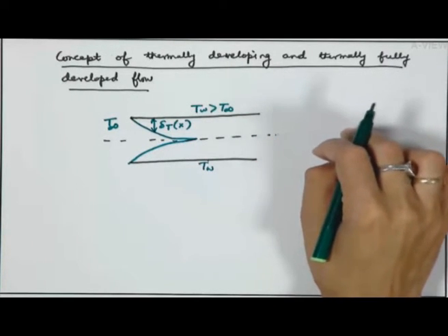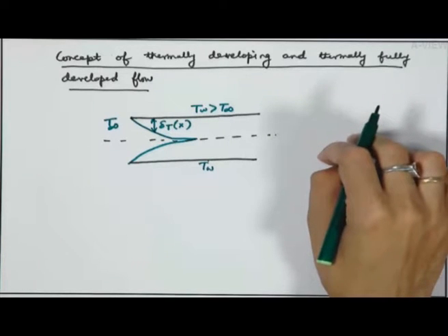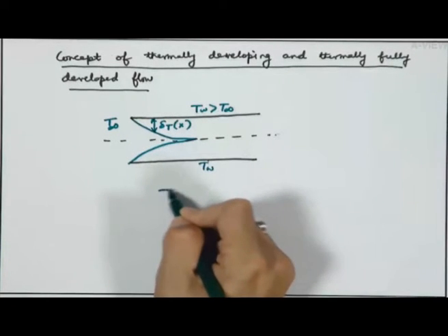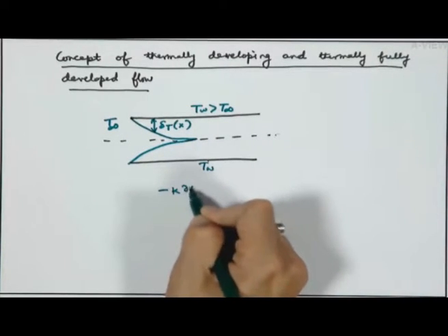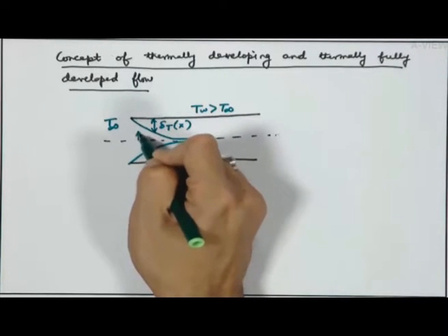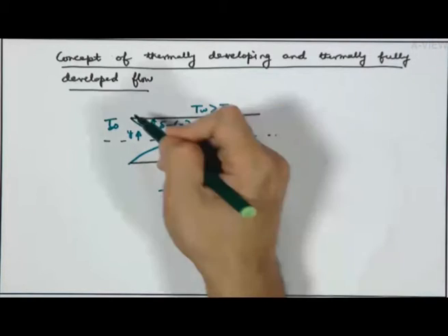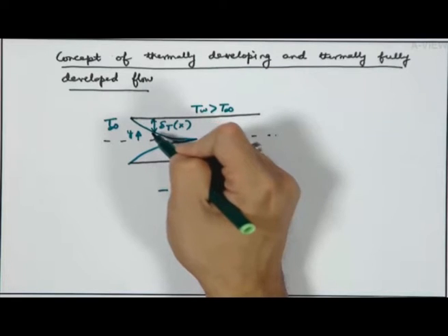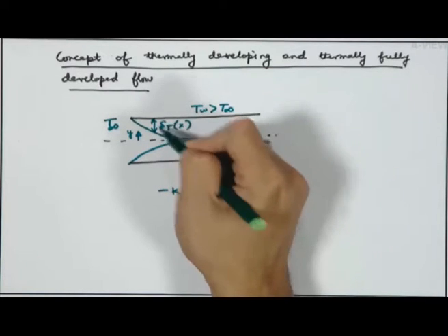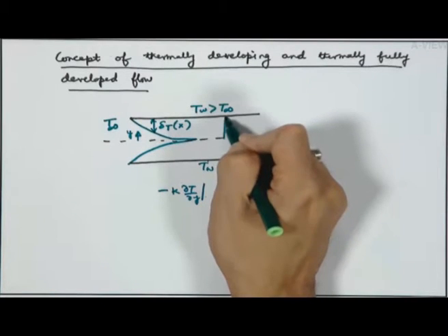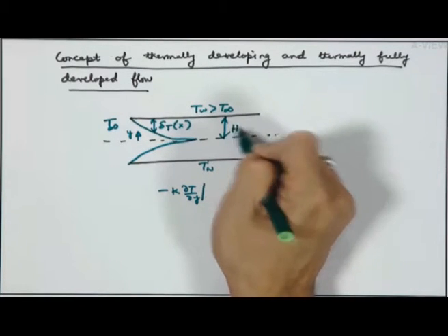So, delta T is a function of x, and at each location we can write minus k del T del y, remembering that if we set up the y axis like this, we are writing the heat transfer going from bottom to the top, at y equal to h, say this is h,